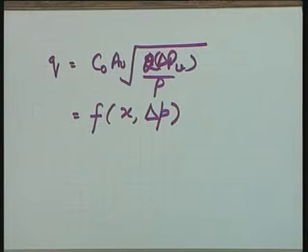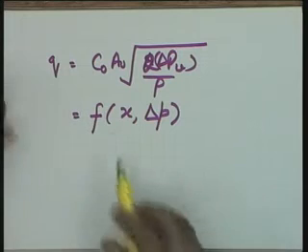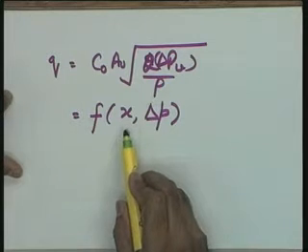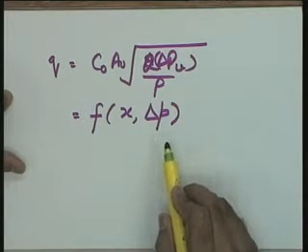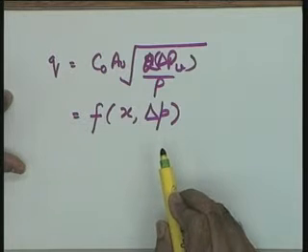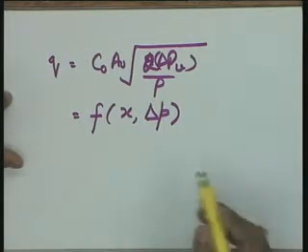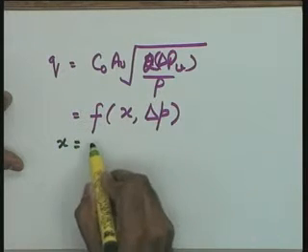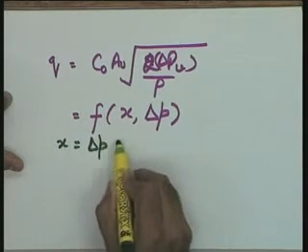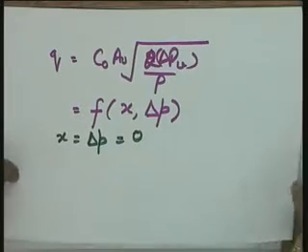So, W is also a parameter which is fixed, and therefore your Q, the fluid flow into the power cylinder, is a function of x, the displacement of the spool valve, and del P, the pressure across the load piston, the pressure across the power piston. And what is the equilibrium point? Please see, your equilibrium point is x equal to del P equal to 0. This is your equilibrium state.